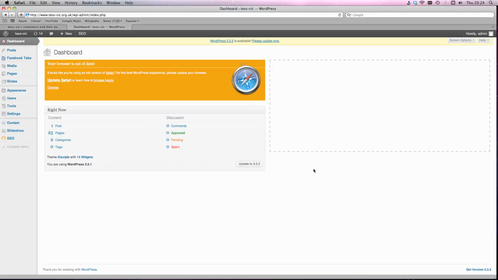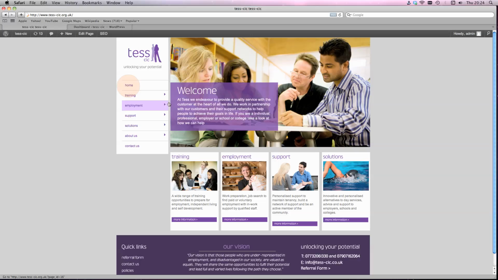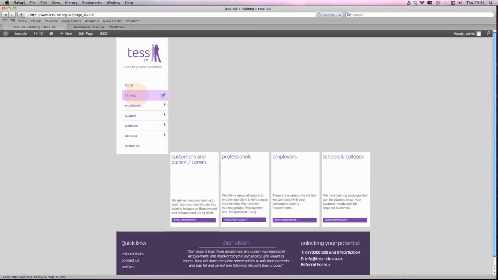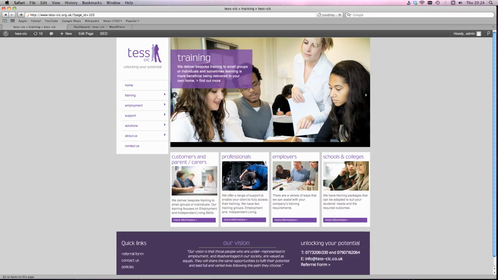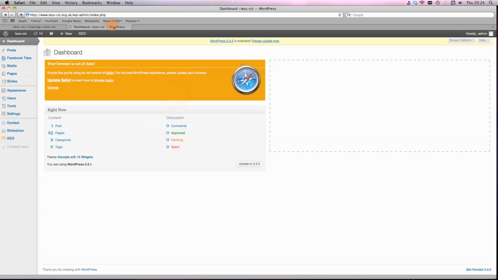To add a new banner to the website, which appears on the home page in this area here, which you can actually scroll through. So a new banner up here, or for example on the training homepage as well, you've got a banner as well. To add a new banner to any of these key pages, what you need to do is log into the